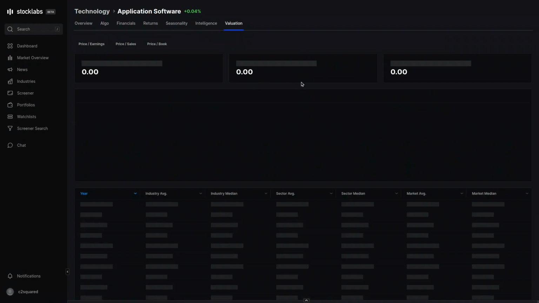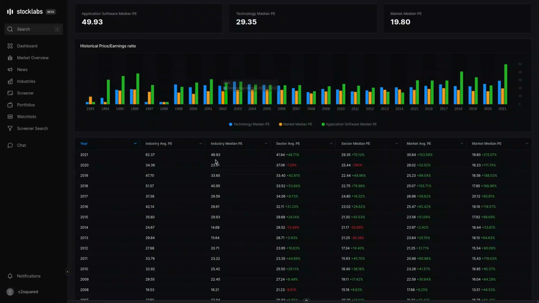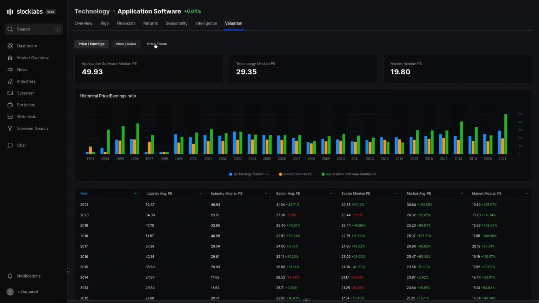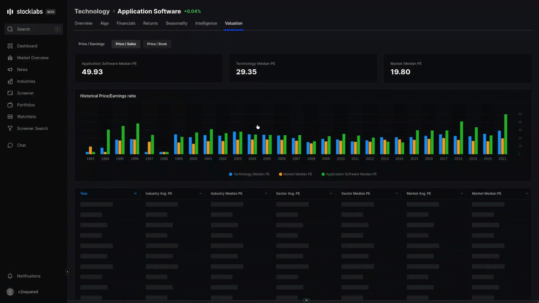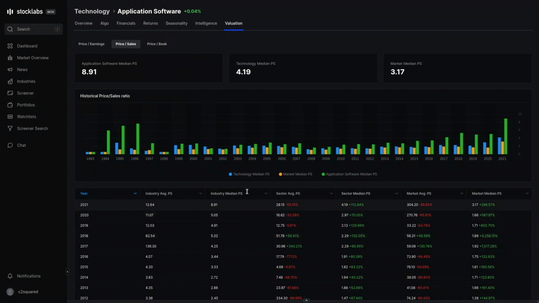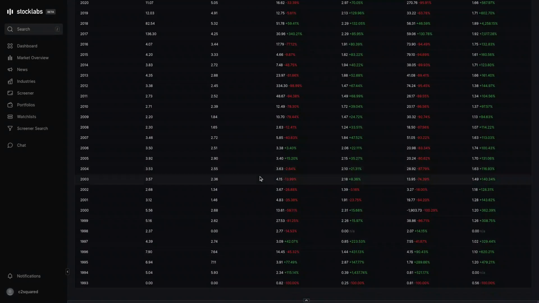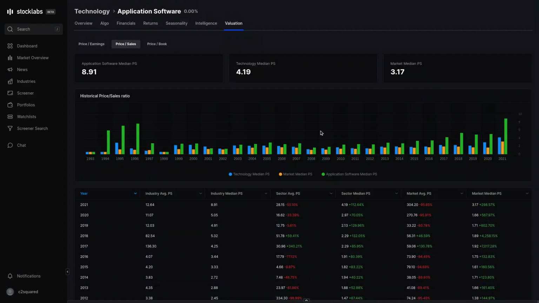And valuation, this is fundamental data. It'll give you medians and average PEs, or you can go through price to sales or price to book, and see how this sector, in this case, compares to the overall market. And this goes back again to 93. So all the fundamental data for the market or sectors goes back to 1993, and individual stocks have,